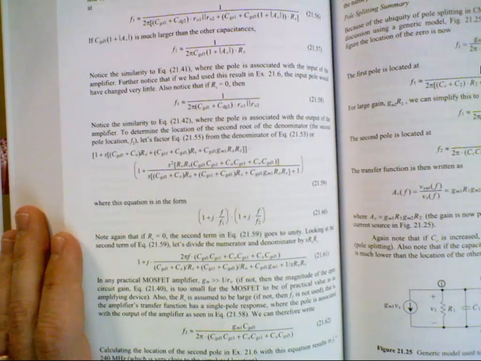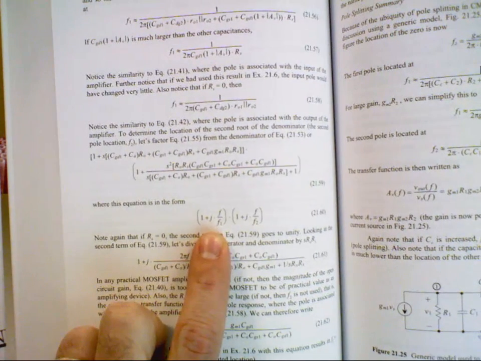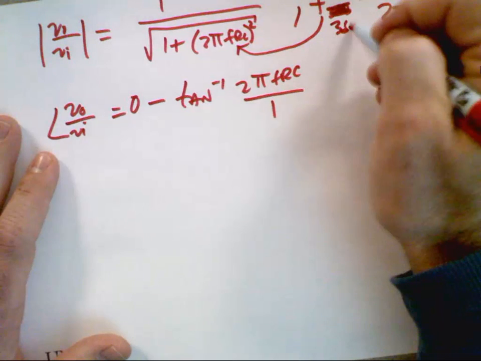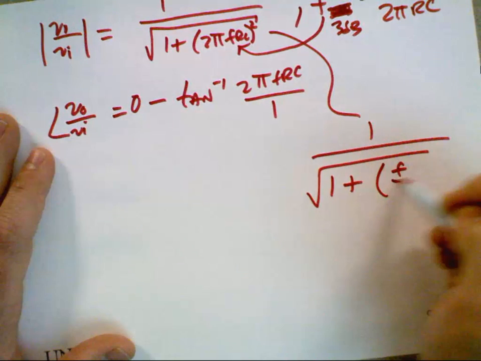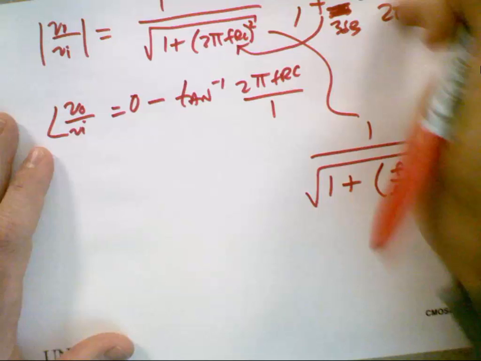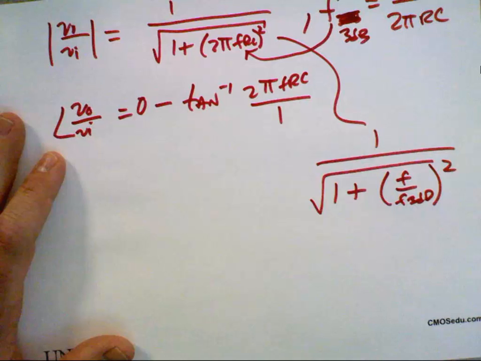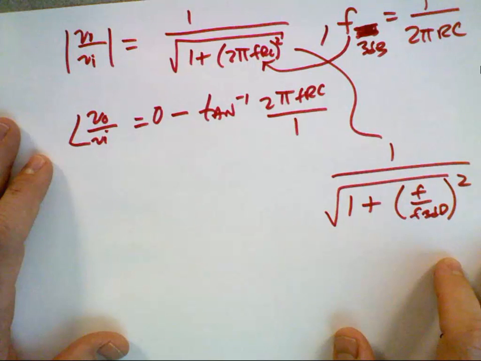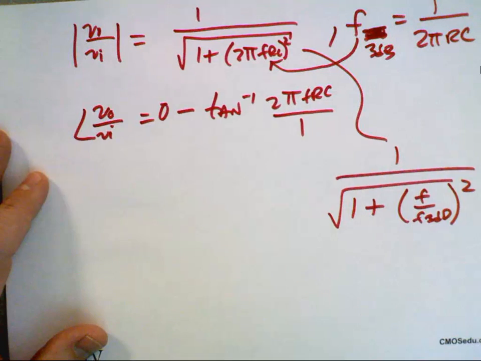If you don't know what a zero is or a pole is, or why we write it in this form right here, 1 over j plus f over f sub s, so I can say, well, if this is f3 dB, I can go write this term as 1 over the square root of 1 plus f over f3 dB, because when I plug in f3 dB, I end up with that equation. If you don't know that, I don't want to continue charging on. I want to cover this. This is important. Do we need to cover it? Okay, so we'll do that on Monday. So let's continue with this example,